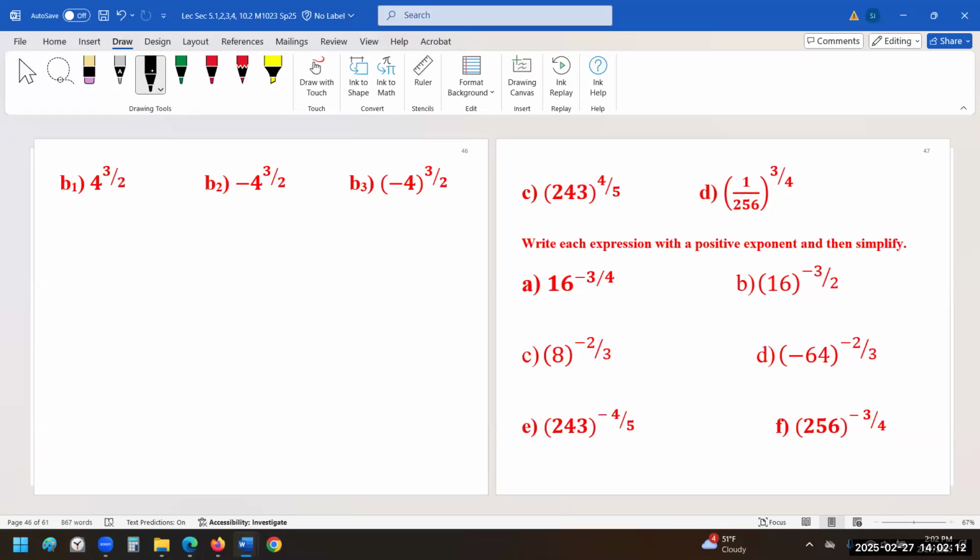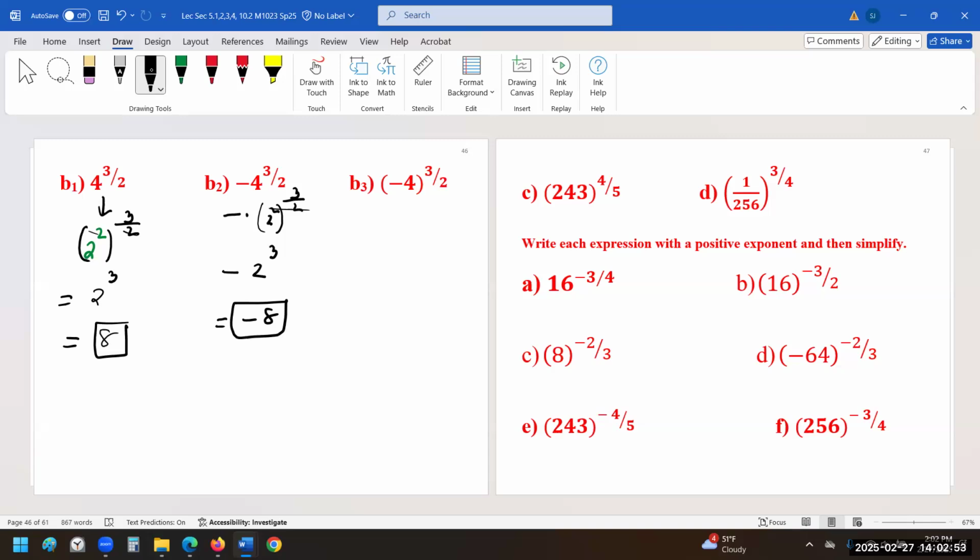Okay, so the first one. Tell me what to write. So I put, since it's 4, 3 to the second, I put 2 to the second power. And then I cancel out the 2, which brings down 2 to the third power, which is 8. Perfect. The next one, it's negative times the first one. So 2 square, 2 to cancel out. We have negative 2 cube, which is negative 8.